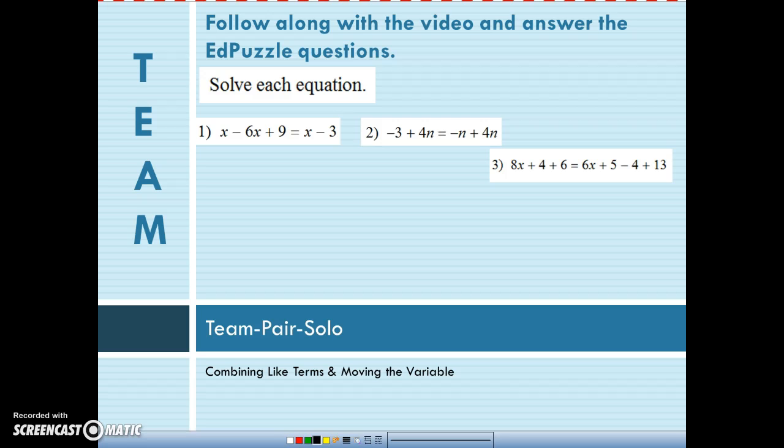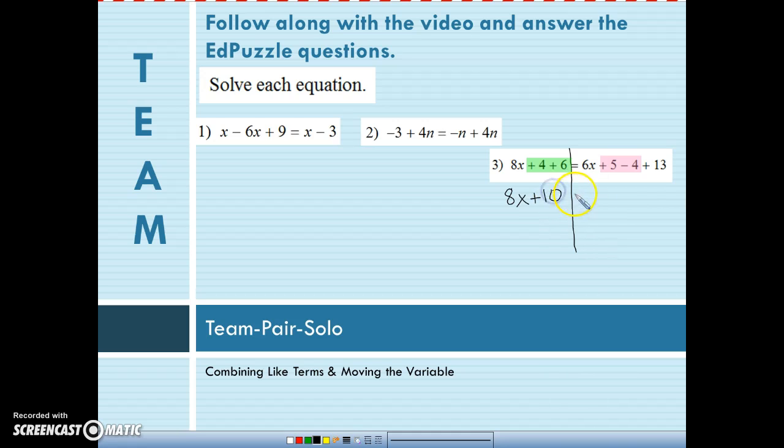Now, in this one, it's much longer, so hopefully you were able to squeeze it in. I'm going to separate the sides. On this side, I have some like terms here, plus 4 and plus 6. And then I'm going to look at the other side, and I notice that I have like terms here. And then this is also a like term, but I like to handle one step at a time just to avoid any mistakes. So I'm going to bring down my 8x, combining my like terms,